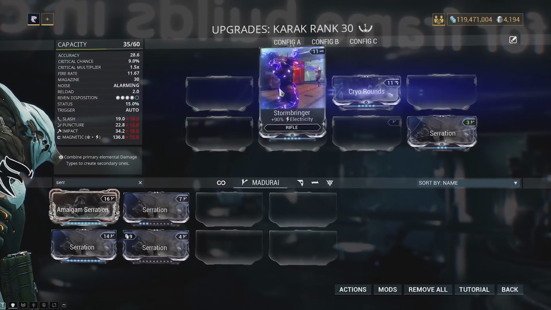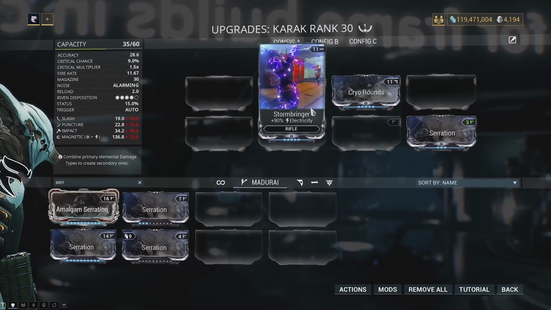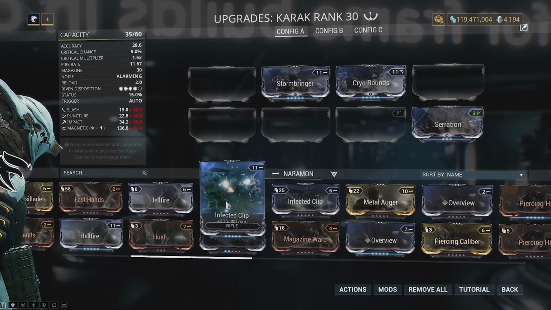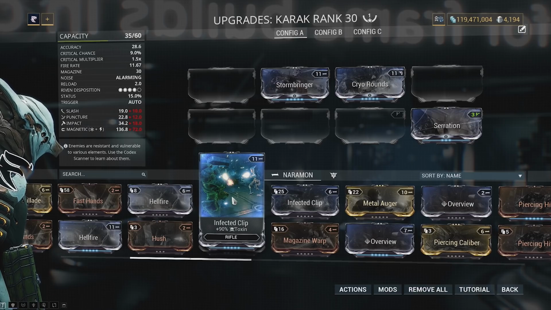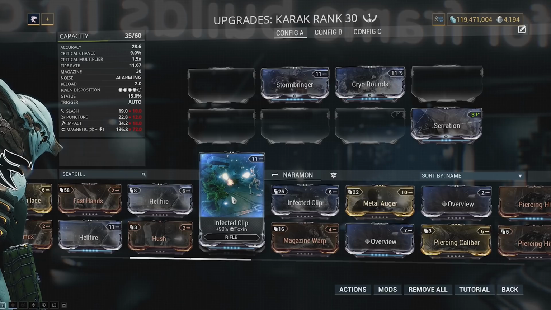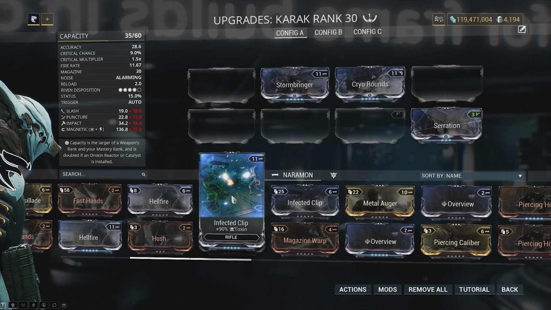It's also worth noting that if you're playing versus the Corpus, you can just straight up run toxin damage, but I don't expect you guys to have Infected Clip just yet. You may have it if you got lucky, but you can choose between running magnetic damage or toxin damage, right? Toxin damage is going to go straight through enemy shields whenever you proc it. So